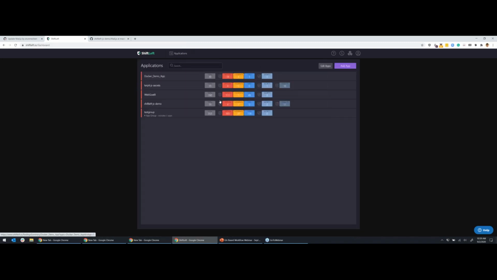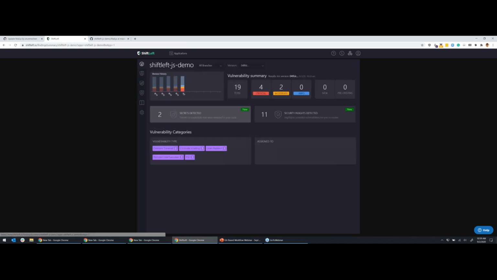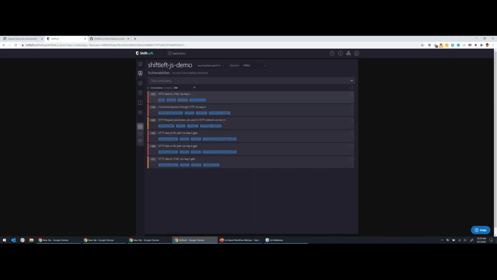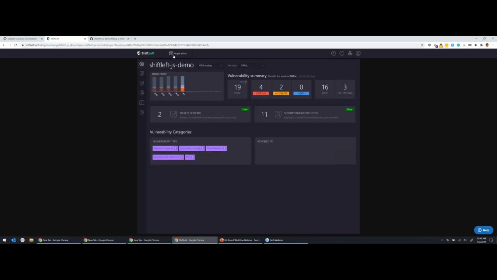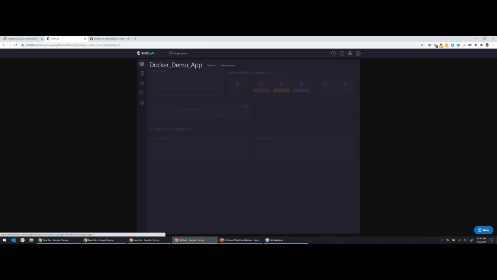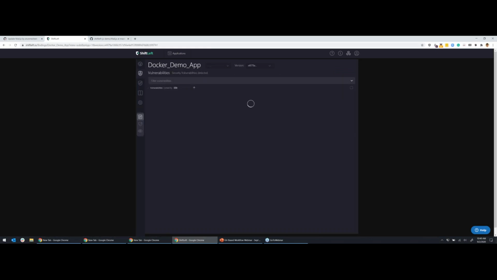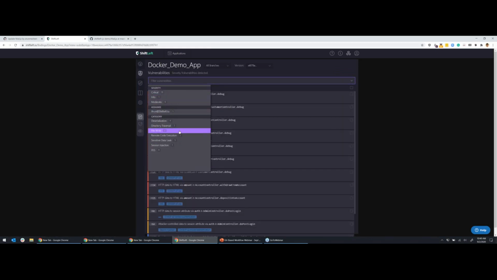If I go into, okay, this was the application, so it was different. Okay, yeah, this was the application that we were looking at, right? So it's looking at all of these command injection vulnerabilities, request parameters. There's cross-site scripting attacks, directory traversal. There's a bunch of types of vulnerabilities that are detected as part of the scan. And this is for JavaScript. I think I have a Java demo here. Yeah, so Java demo. It again has all of these: remote code execution, sensitive data leak, cross-site scripting,